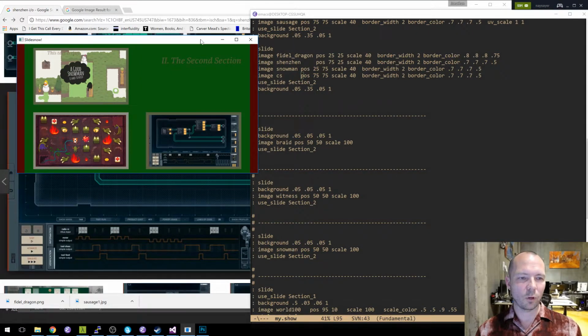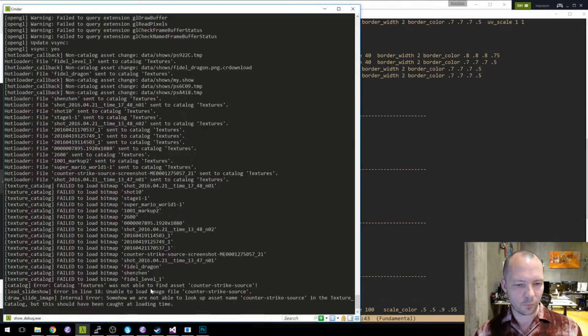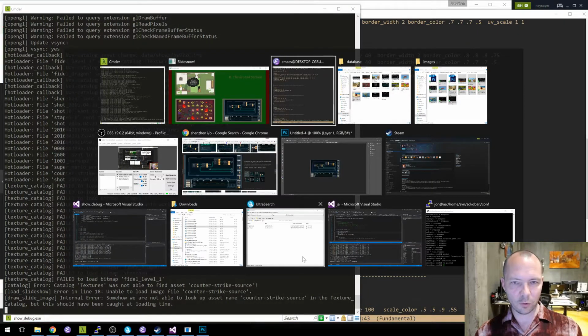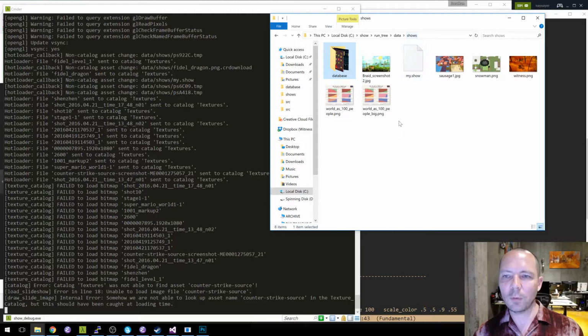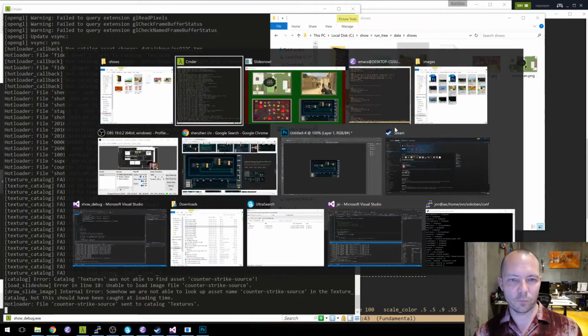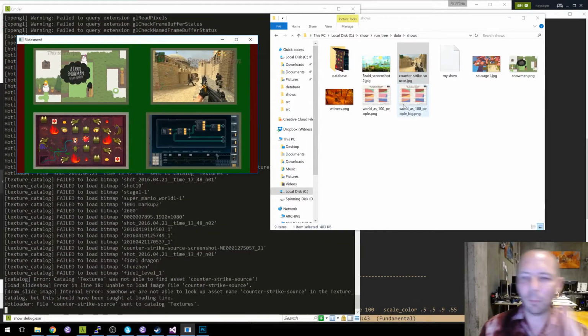It didn't work though. We were unable to find asset Counter-Strike source. You know, maybe I'm not looking in subfolders right now. Yeah. So I copied it back there and it appeared.